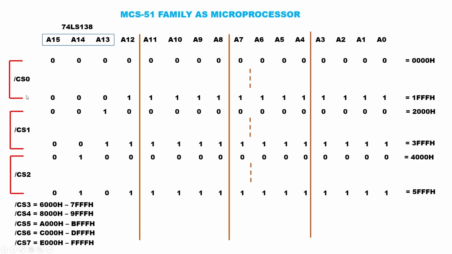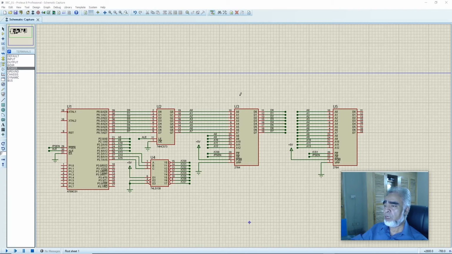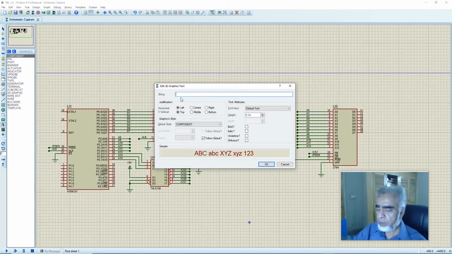So these are the address ranges for chip select 1, chip select 2, chip select 3 up to chip select 7. And here we will write the memory address for the first source code, from 000H to 1FFH. So I'll go to the text, and here we will write 0000H to 1FFFH.